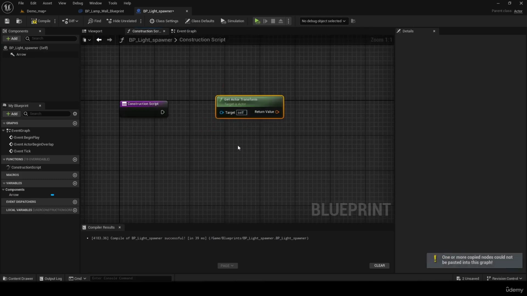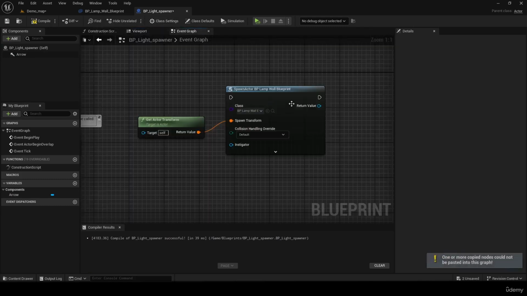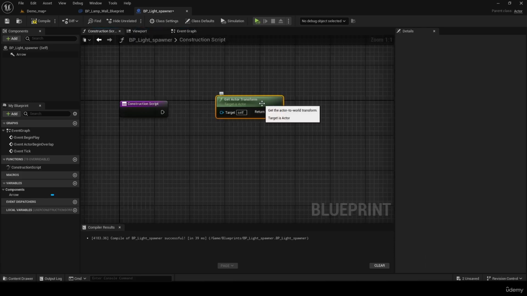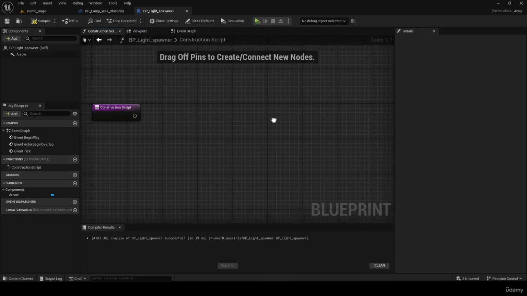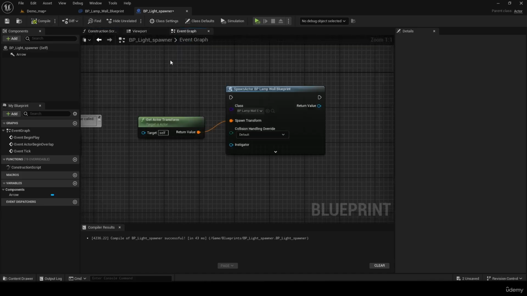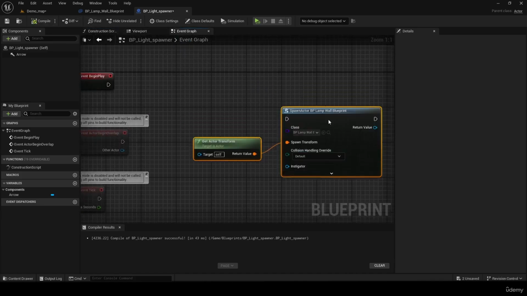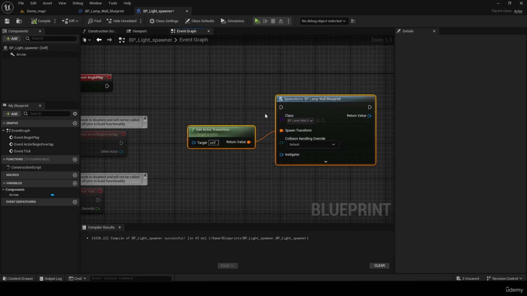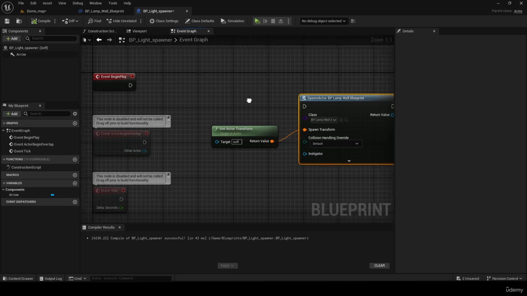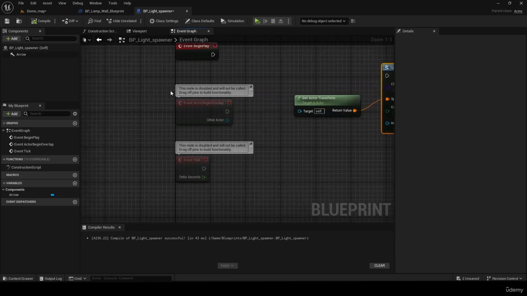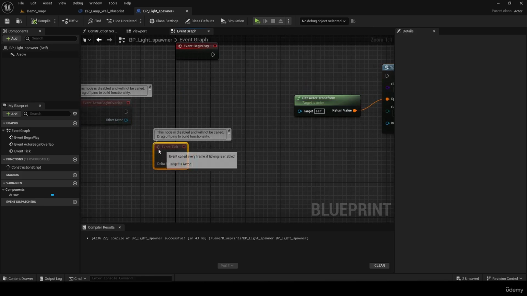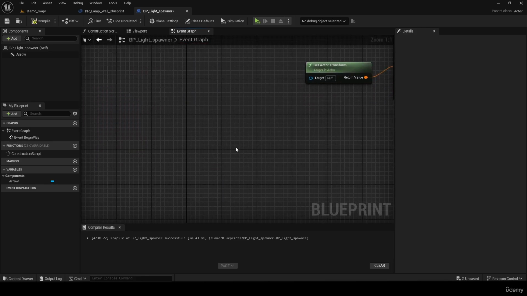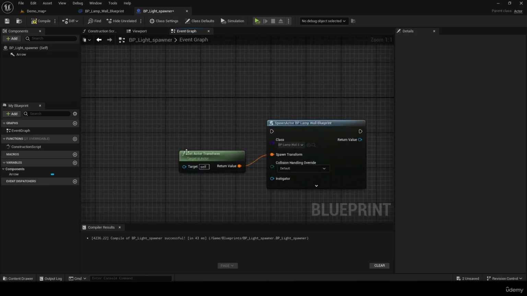You cannot directly spawn an actor in the construction script. This is for computational reasons, because it can easily break the engine if you create an actor that creates an actor that creates an actor, so it is usually not a good idea. Now, what can we do to make this happen? We cannot use this, and we cannot use this because